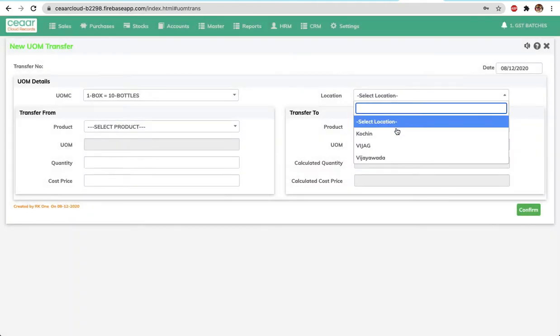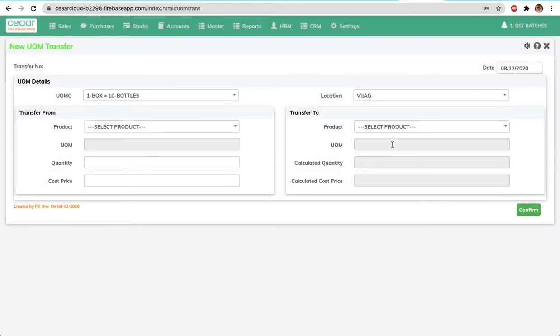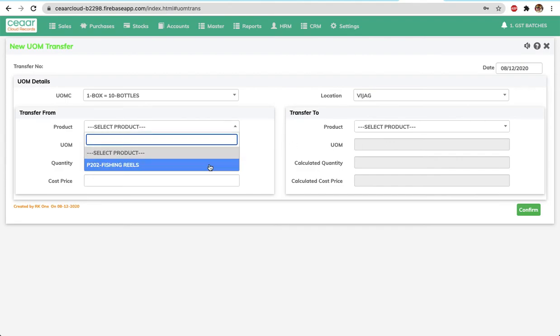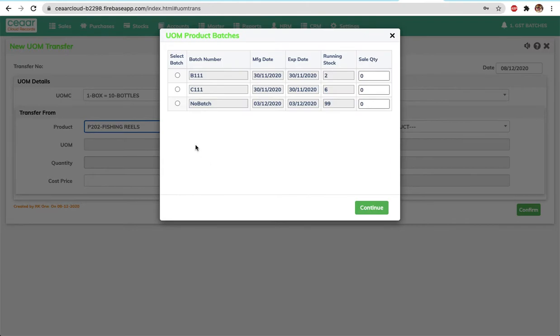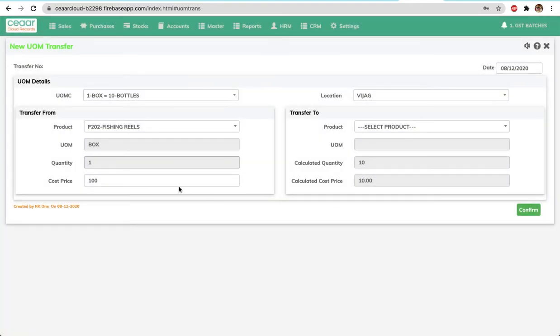Yeah, we need to select location because the entire application is location driven. So it is asking you to select which batch, which product you want to convert. Now I have selected this fishing reel, quantity one, just one piece I want to transfer.